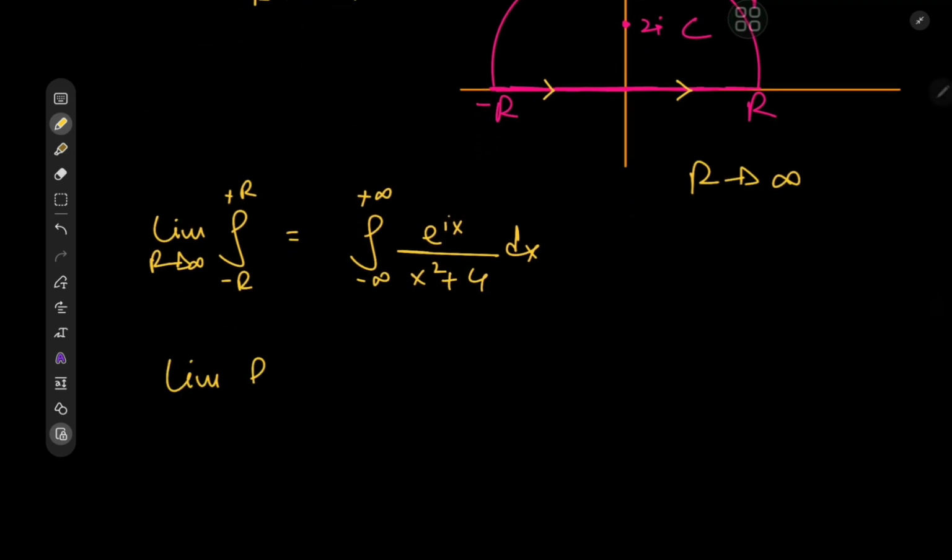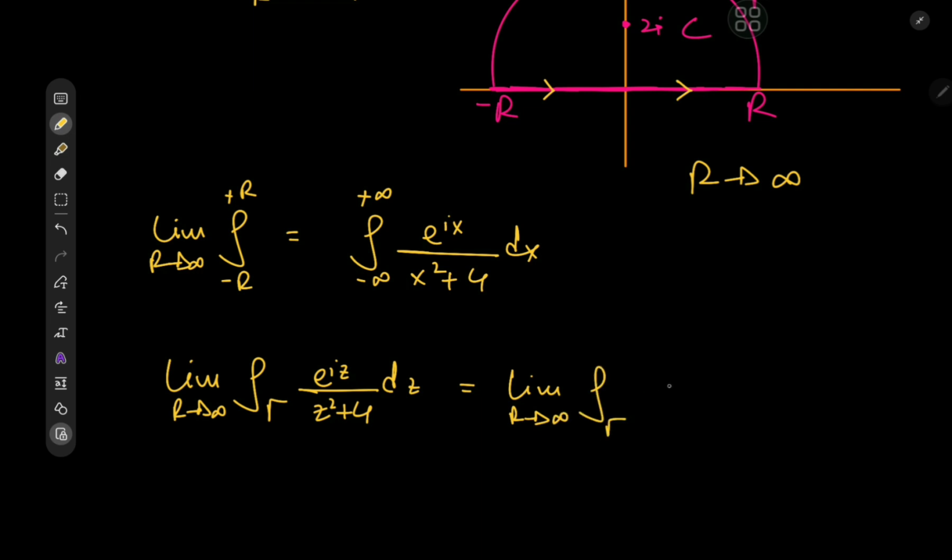Well, the limit, as r tends to infinity, of the integral over gamma of e to the iz divided by z squared plus 4 dz, if we write it in this form, that is the limit as r tends to infinity of the integral over gamma of 1 by z squared plus 4 times the exponential e to the iz dz, then we can quickly show that this equals 0 in the limit as r tends to infinity